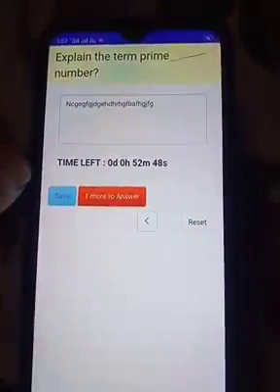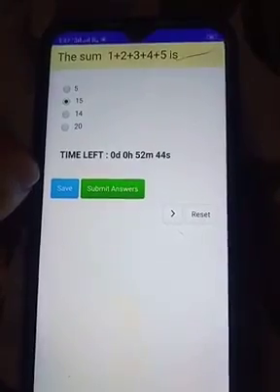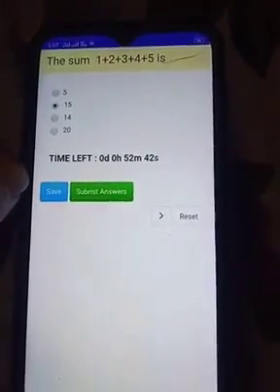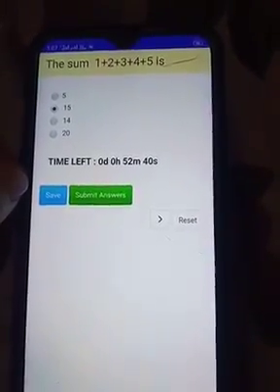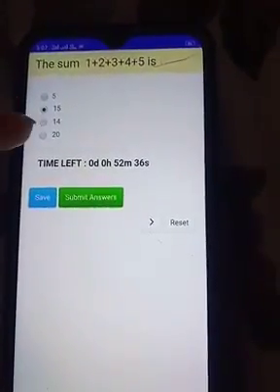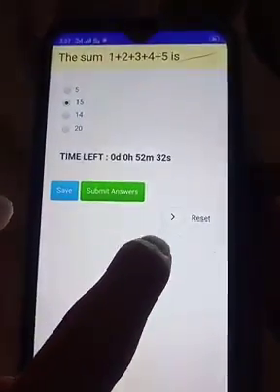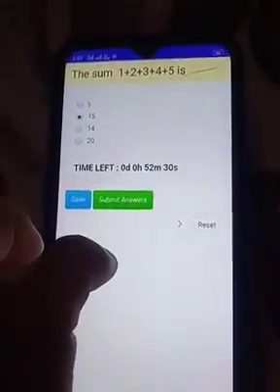So click on the save button, and then you can see whatever options you have selected. On the first answer you have selected this option. Okay, then click on this button, Next.